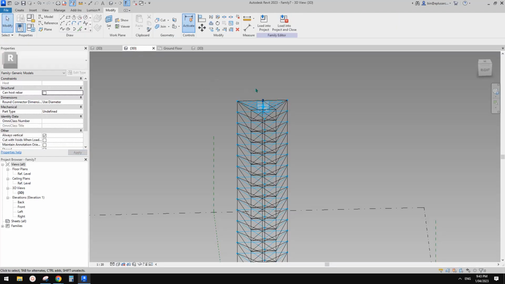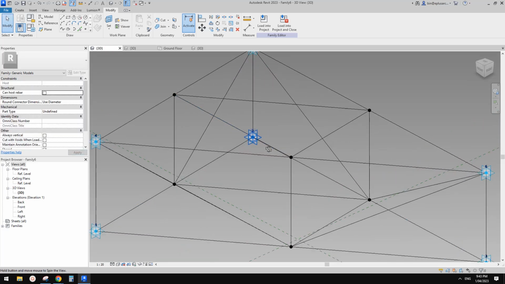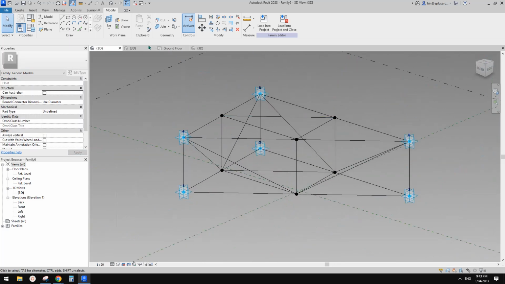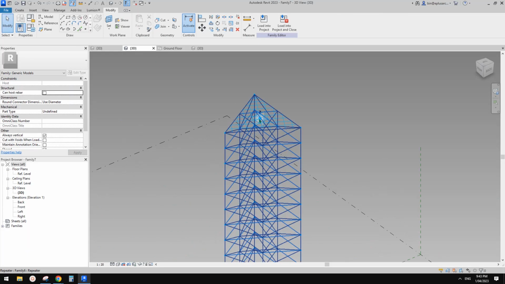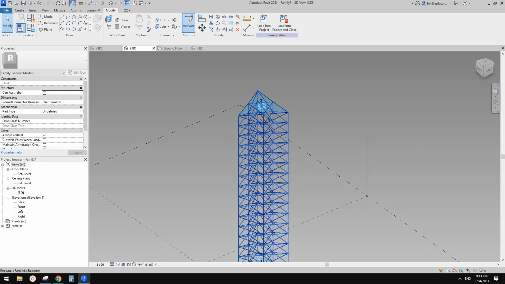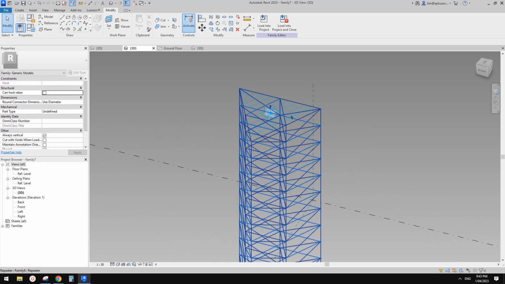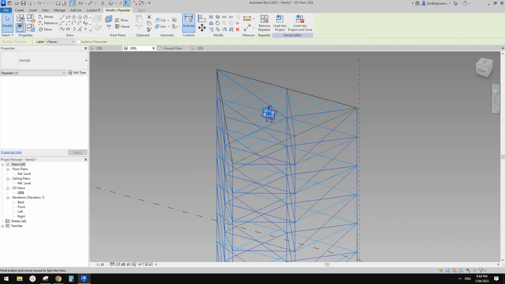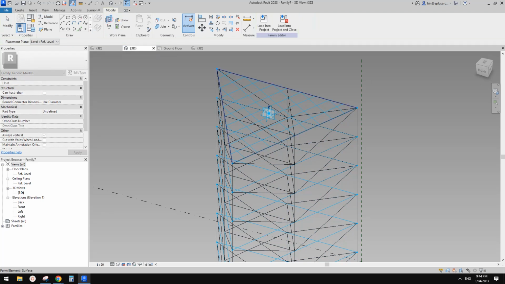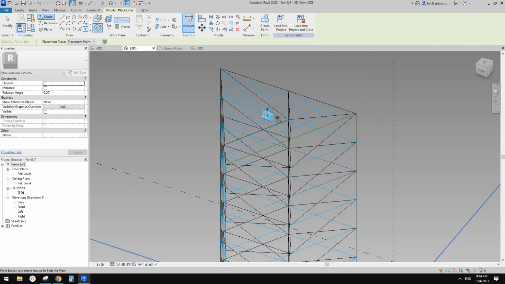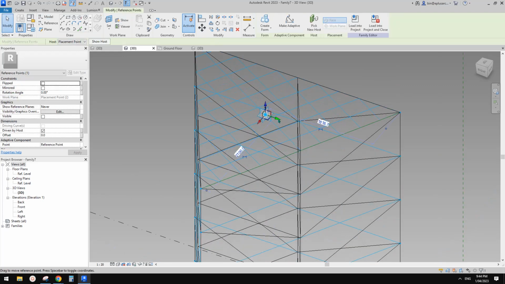So maybe what we can do is go back here. Sorry, not here, go back to here. When we place this profile onto this point, there's no control at all. So what we can do is place a point, draw on work plane, set work plane, pick the horizontal work plane of this point, and place it onto the point. To make it easier, I just move this point out,